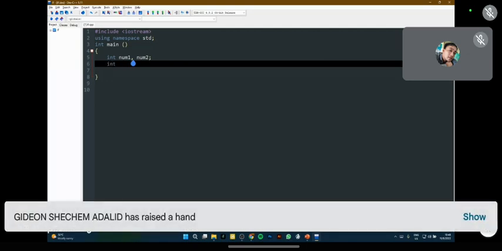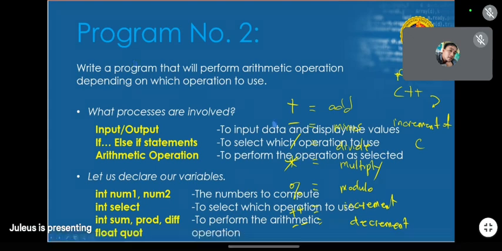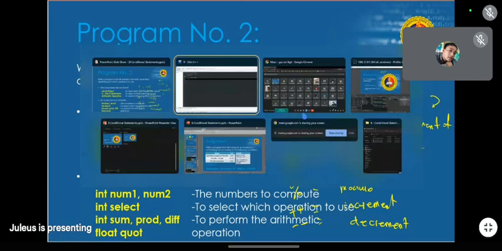Go ahead, Gideon. So the user will choose which operator to use, and that's what we're going to show in the result. We are going to let the user choose whether plus, minus, divide. Dire na mo sulod ang condition. So depending on the user's choice, plus, minus, papilion nato siya. So nanay split sa flow. So dire na tamo add sa condition sa ato ang arithmetic operation.